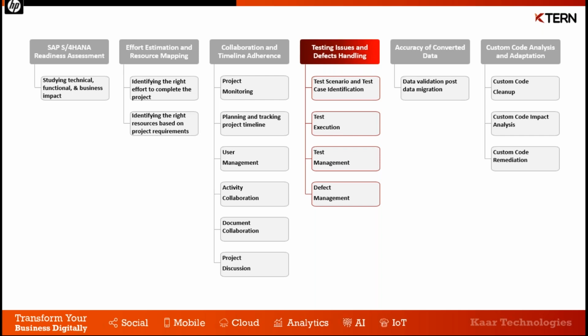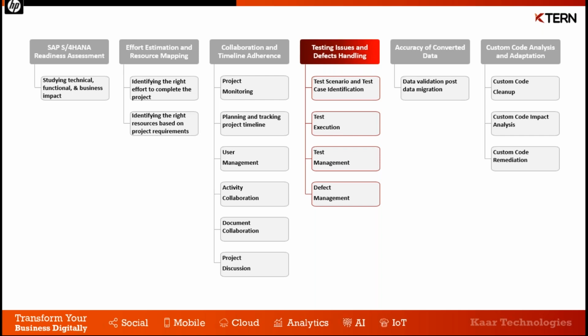Obviously, this cannot be done for the entire set of transactions, and there is a certain percentage that will have to be done manually as well. And once you have a defect, these defects will have to be managed. Defect management is very key because you have fixed timelines to complete each of these testing phases, and you would have a go or a no-go decision after each testing. So you would have to have 80% of the test cases covered, and you want a 95% success on each of these. So to track these defects across the entire life cycle of the defect,